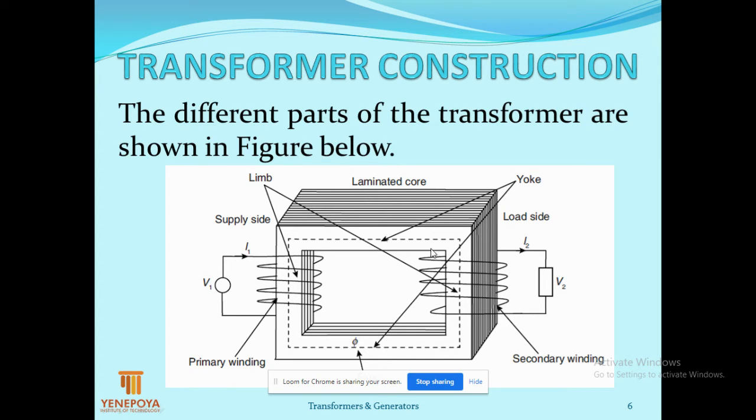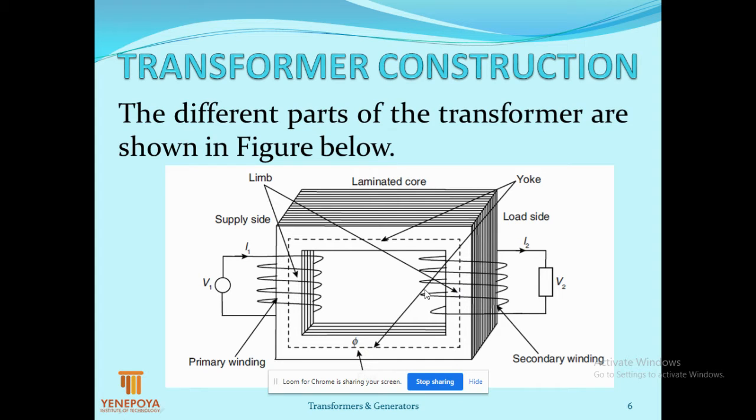Both the primary and secondary windings are not electrically connected, meaning physically they are not connected by means of a wire, but they are mutually connected by means of a transformer core. Hence, when the primary side winding is energized by a voltage of V1 volts, current I1 will flow in the primary winding, which sets up a flux phi. Since they are magnetically coupled, that flux links the secondary winding, which contains N2 number of turns here.